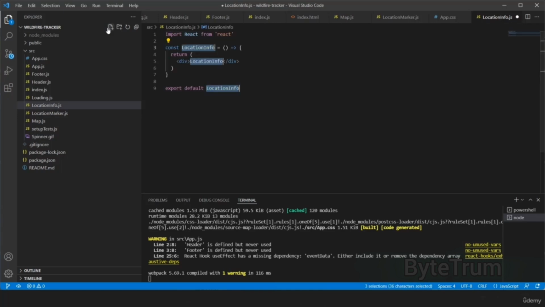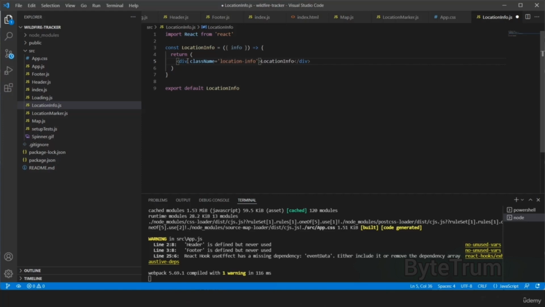First we'll do our FCE, and then inside this location info, I'll provide it with info. We'll take this info as a prop and use it inside our JSX. Let's give this a class name of location-info, the same name,